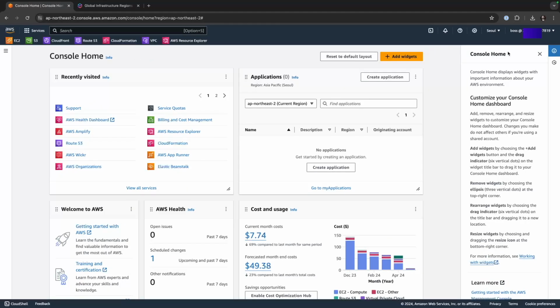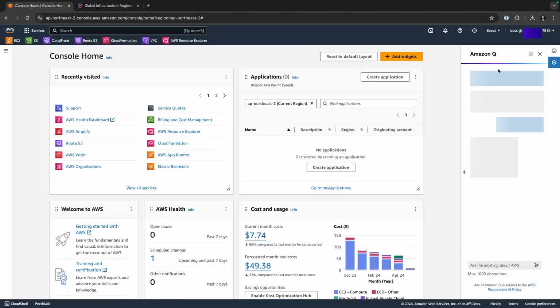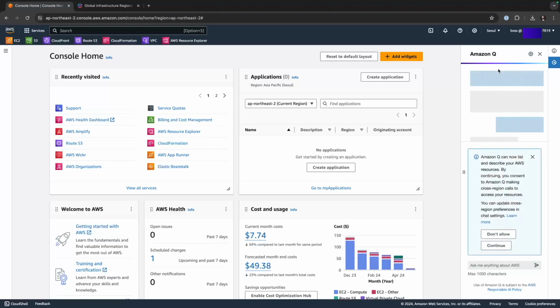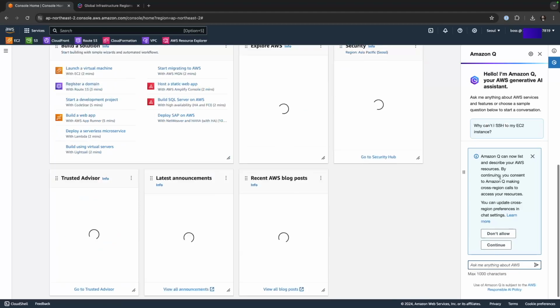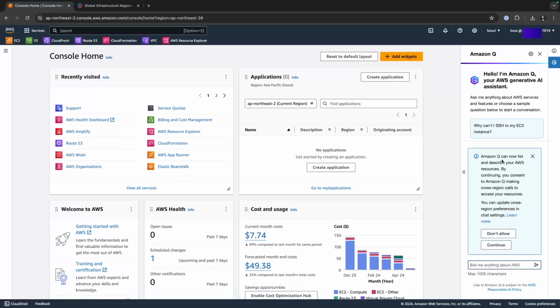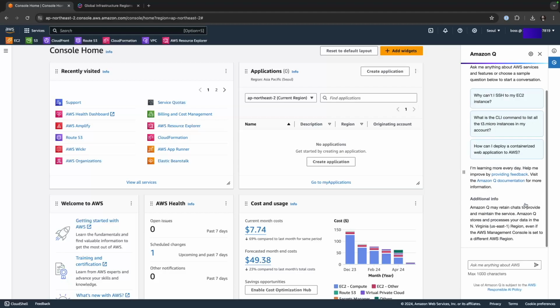We have an info icon for some other info regarding the console home, and one of the latest features here, an icon for Amazon Q, so AWS assistant, AI assistant, and I think it's still in preview, although I don't see an indication here. Needs some permissions. Can now listen, describe your AWS resources and continue. Okay, so let's give it the access. And basically, if